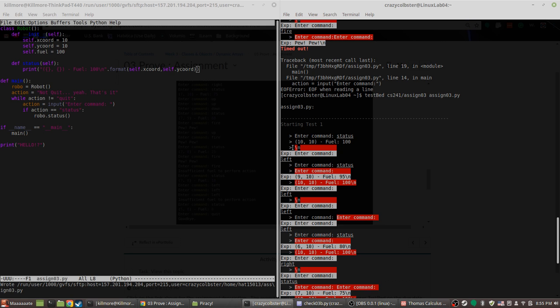Why is that? Action equals status, robot status. Now it should loop around. Can it say enter command? Enter command status. Oh, did it just give me...